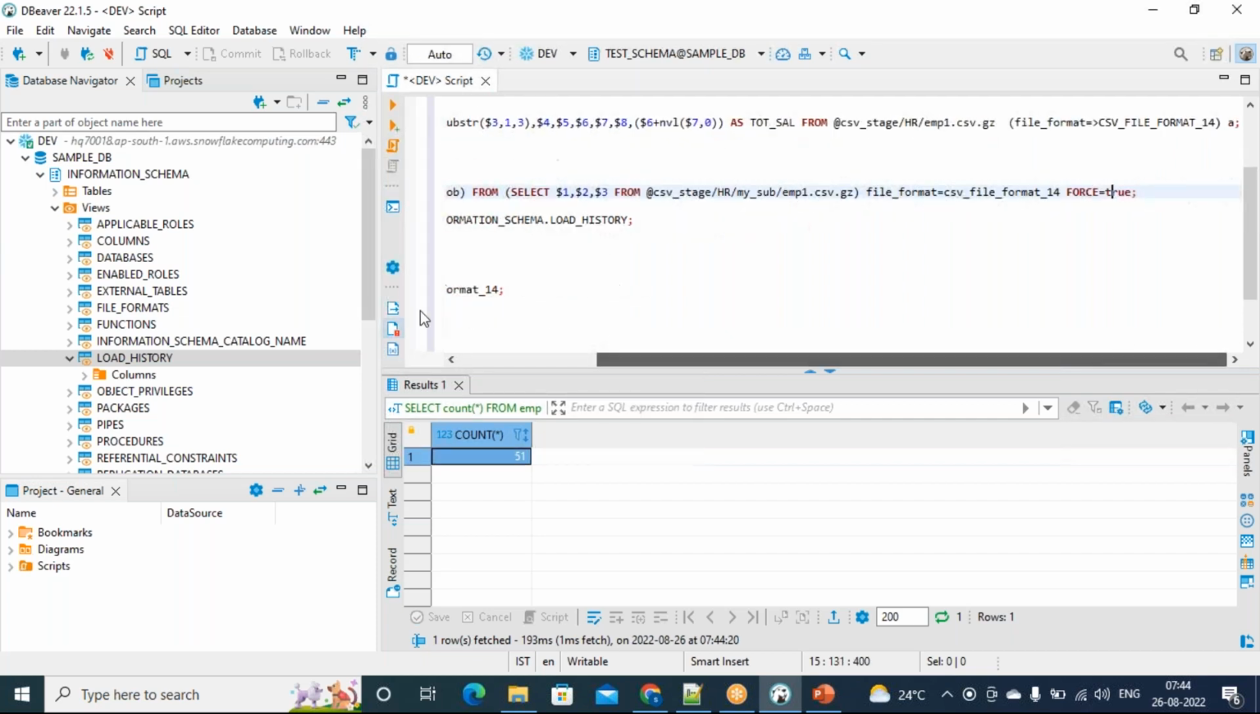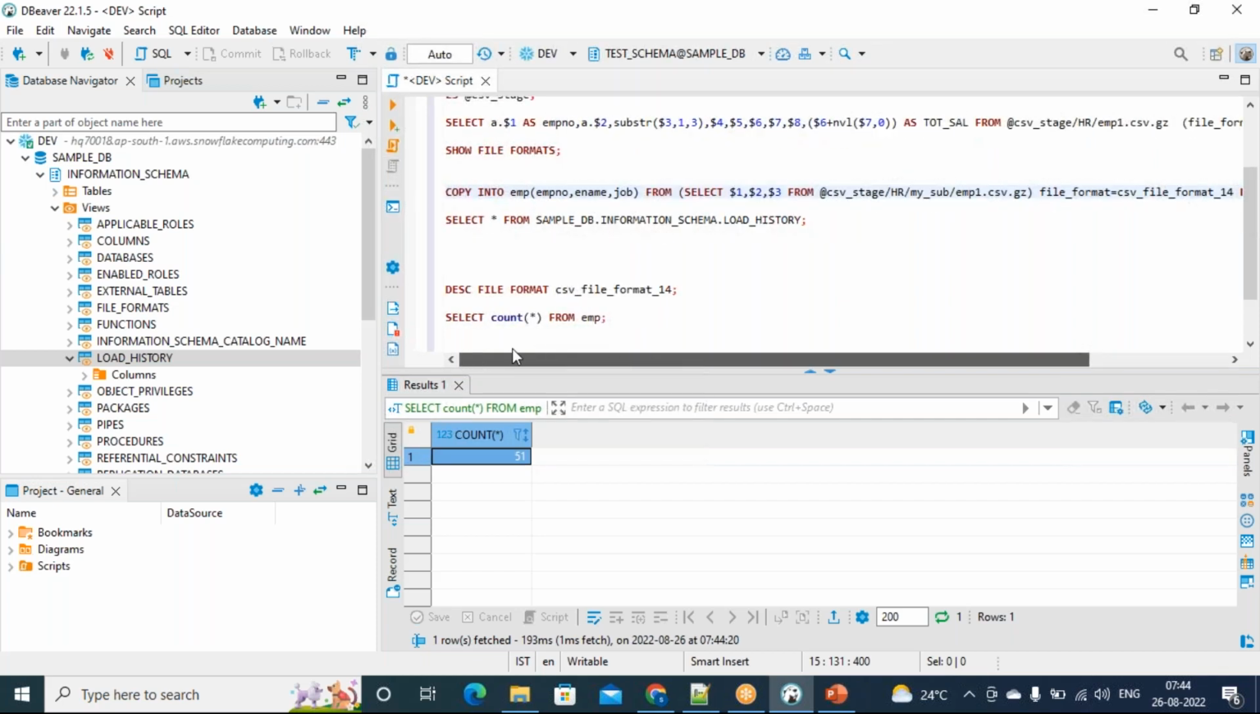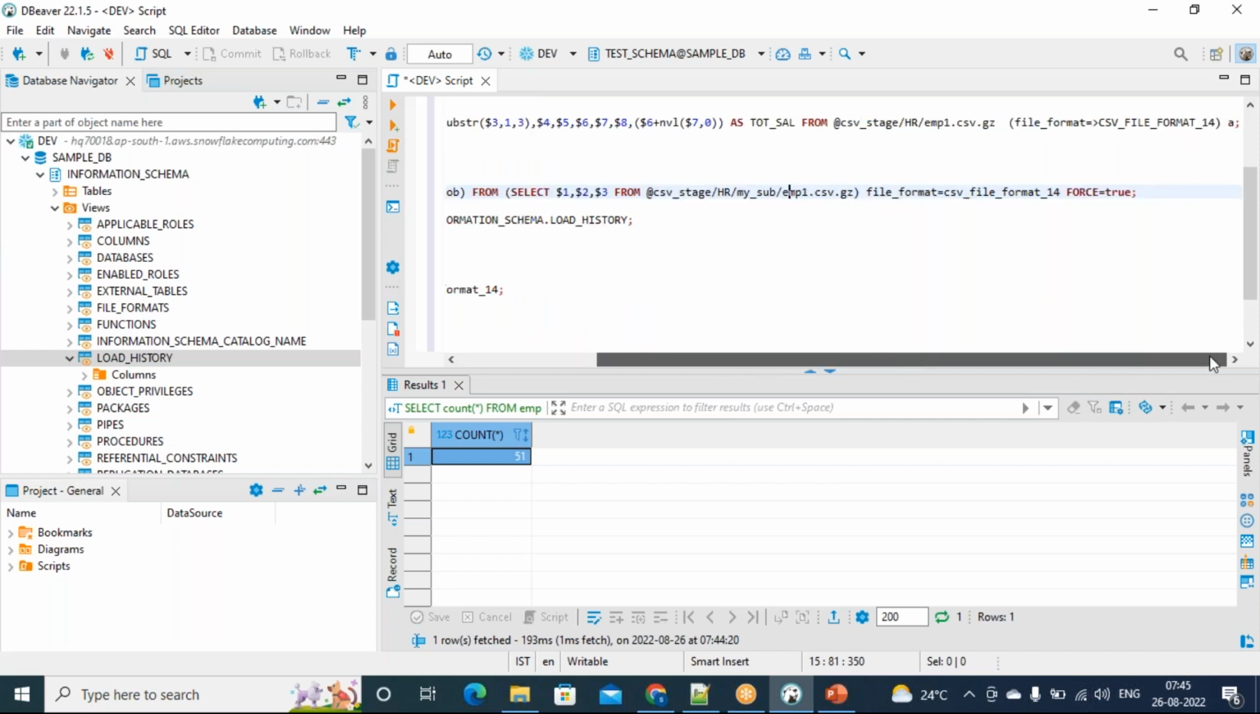Now I have loaded this file successfully into my target table. Do I really need to maintain this file in the stage location? Not required, right? I've already processed this file into my target table. So do I really need to maintain this file in the same stage location? No. Why should I maintain this file again? I can delete it from there, right? So what you want to do here is,